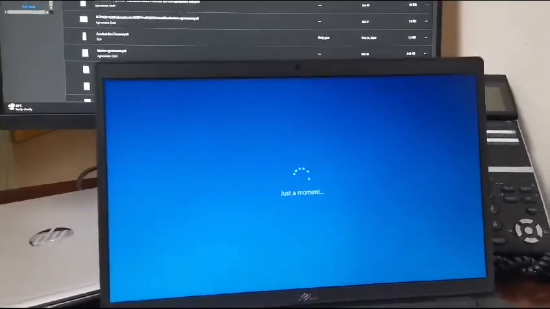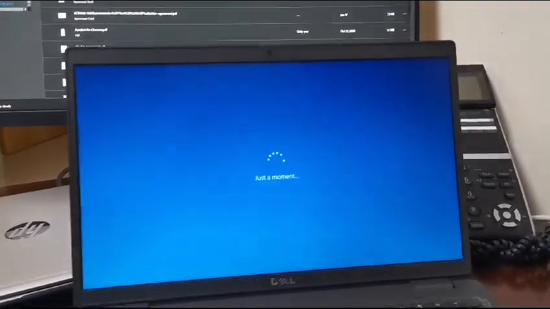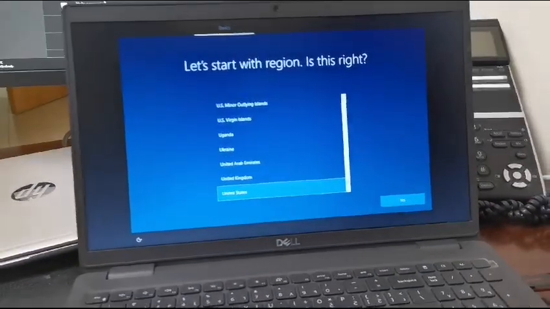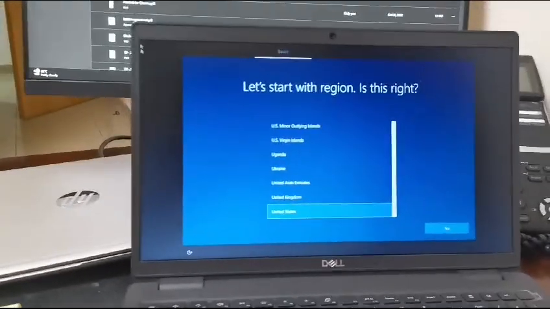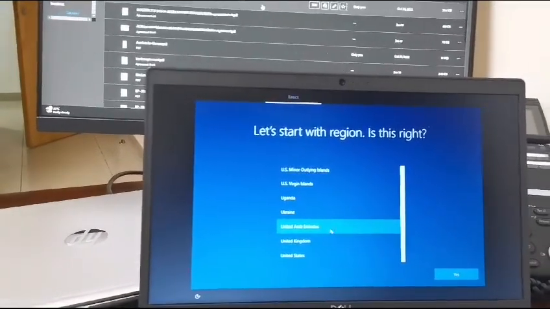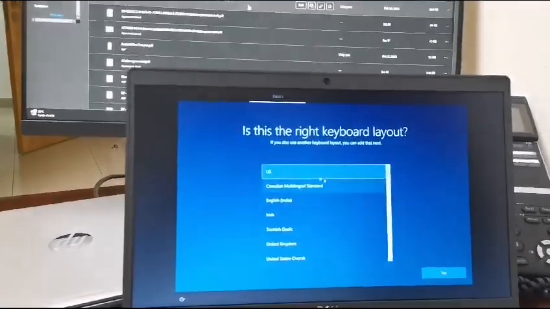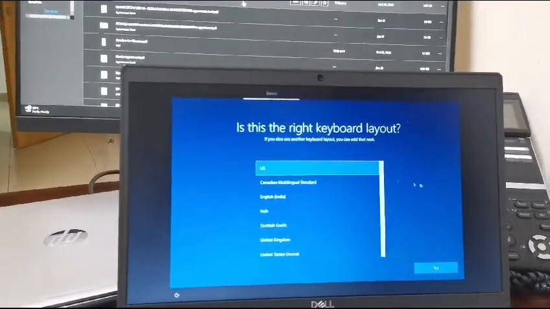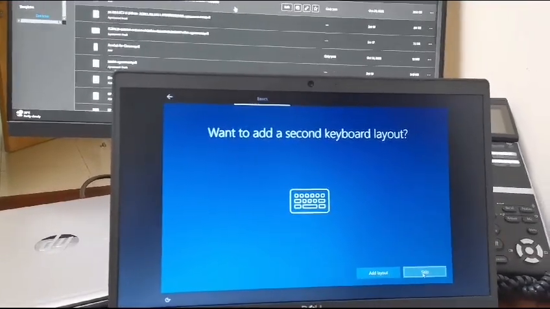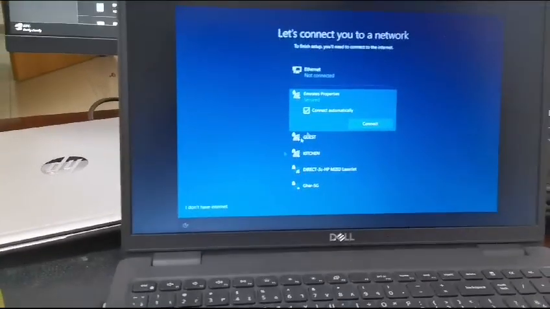Now finally the Windows screen is in front of us. Here you can see, I'm working in UAE, so I will select United Arab Emirates. Then the next question will be regarding the keyboard layout. So US I will select. You can skip it. So I'm not going to connect